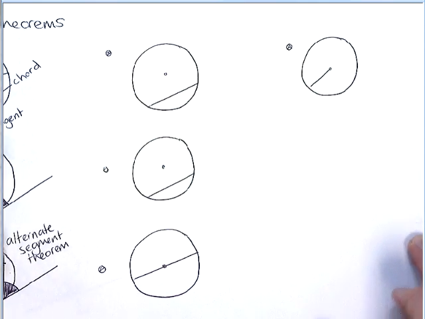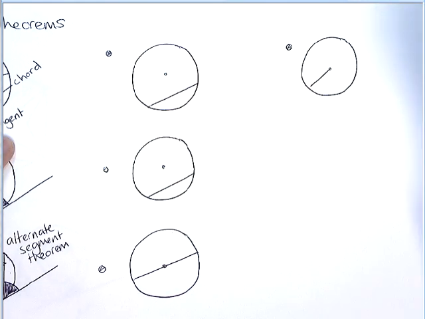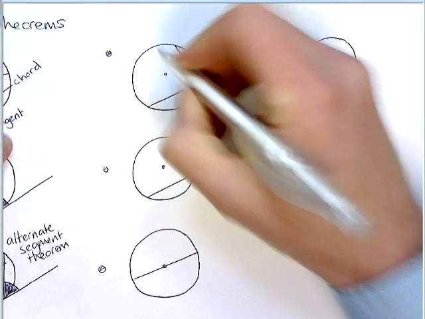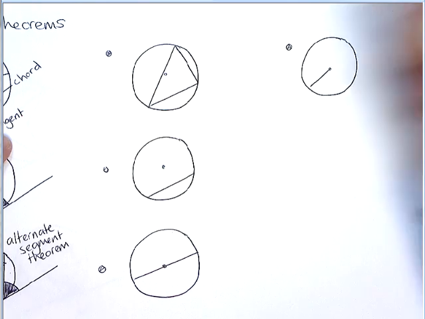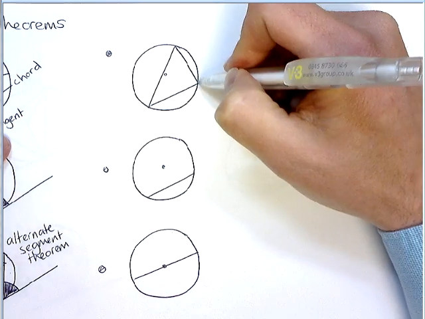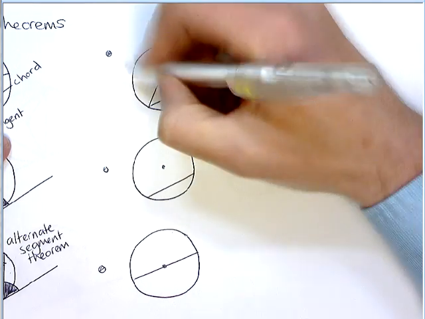So that's what to look for if you have tangents. Now if you have a chord and you do another chord, just like we did with the alternate segment theorem, and then we go back down, I'm deliberately trying to miss the center point here. So I've gone up to the circumference and back down. And if I do that again,